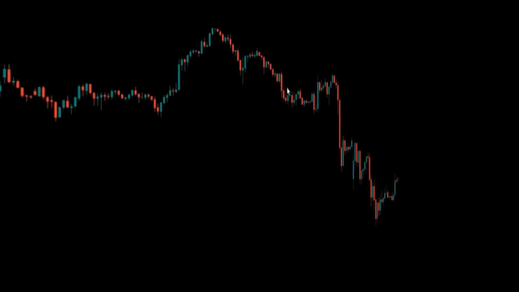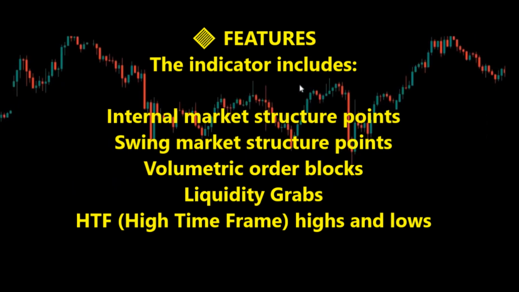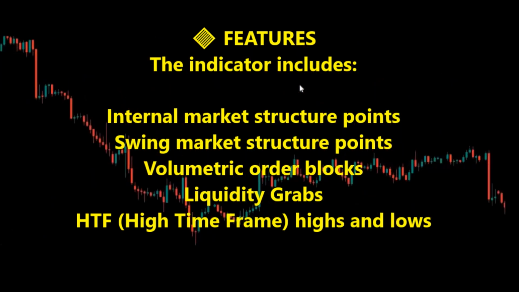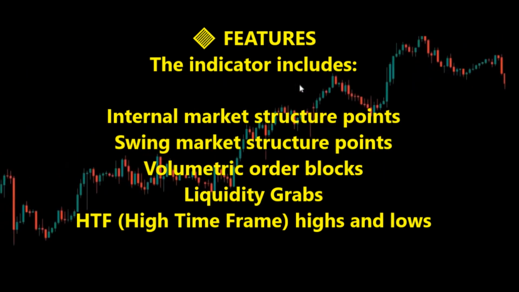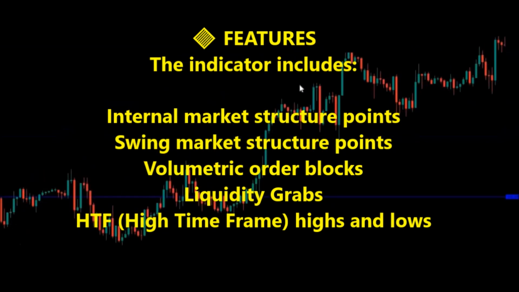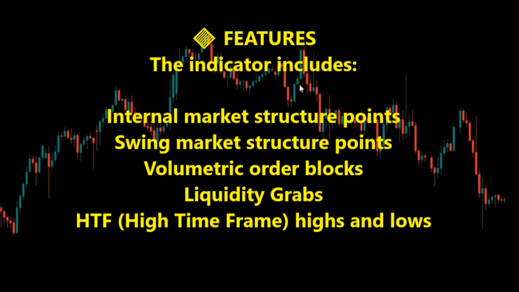So guys, the features of this indicator, number one, it includes the internal market structure, which is change of character. As well, we have the swing market structure points. Then we have the volumetric order blocks, which I will show. Then liquidity grabs. As well, we have the higher time frames highs and lows. So guys, I just want to focus on this step by step, and so we are going to start with